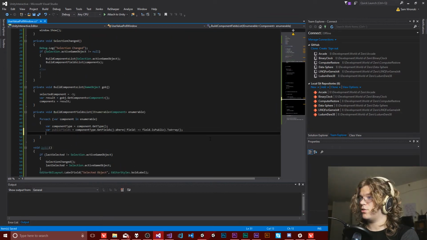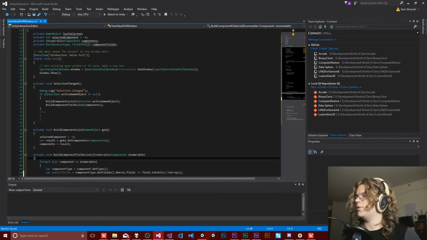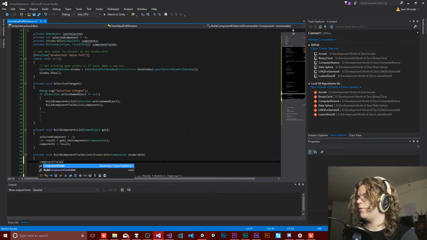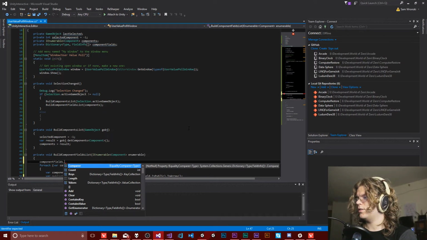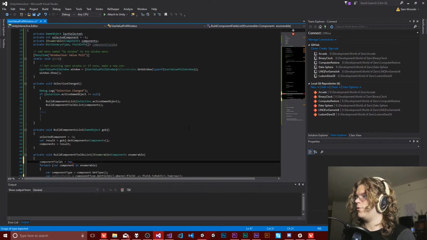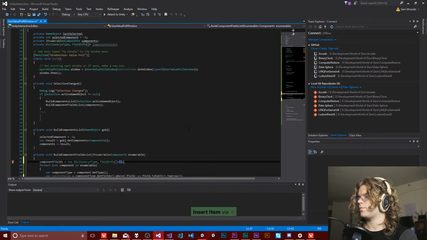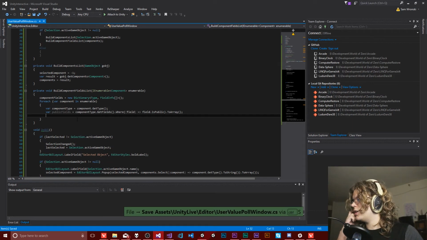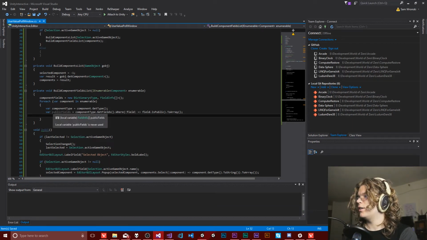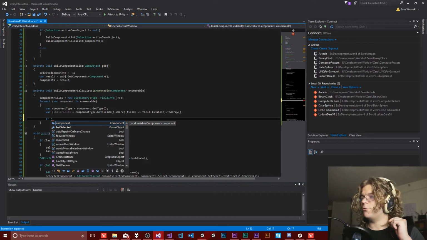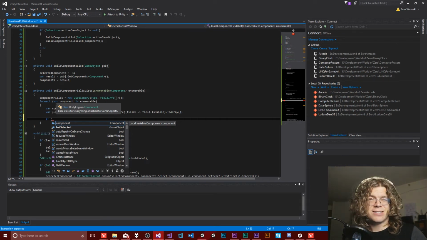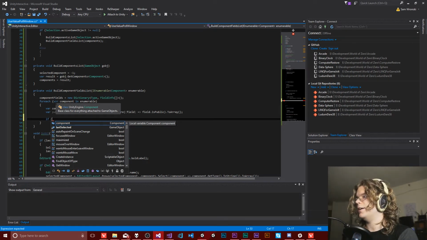And then I just need to add it to our dictionary. So before we do all of that, I'm going to take our component fields and actually initialize this. So componentFields equals a new dictionary, like that. That creates the new dictionary, and then I can do other stuff. So before we actually insert this, it's possible for multiple components to be the same and on one thing. So you can actually add them multiple times. For now, we're not going to handle that case, but I'm going to handle it here